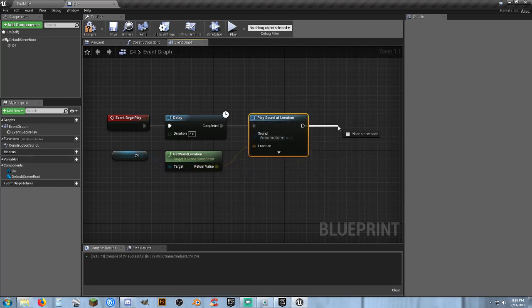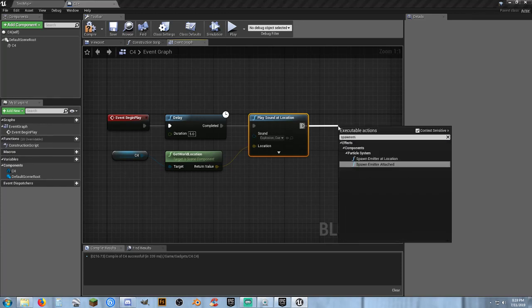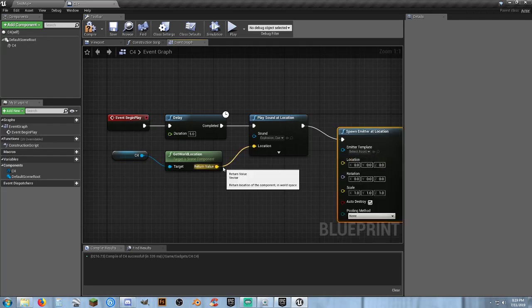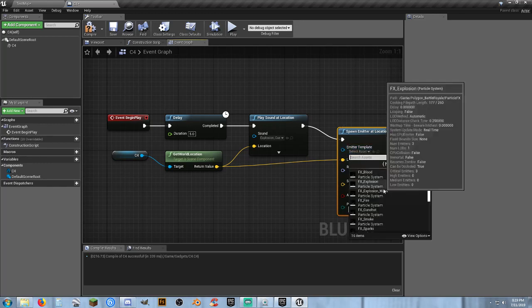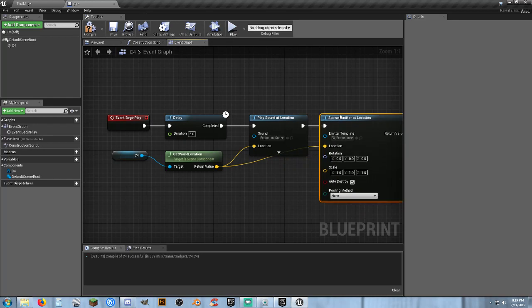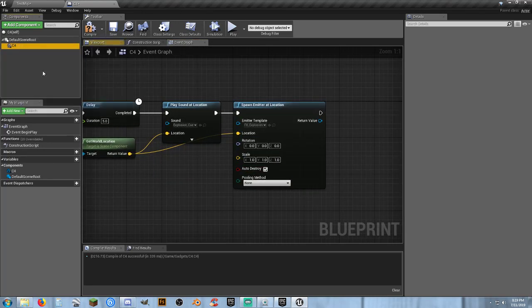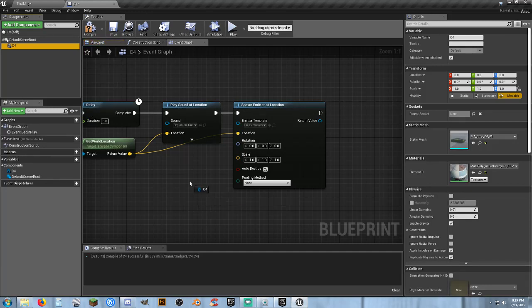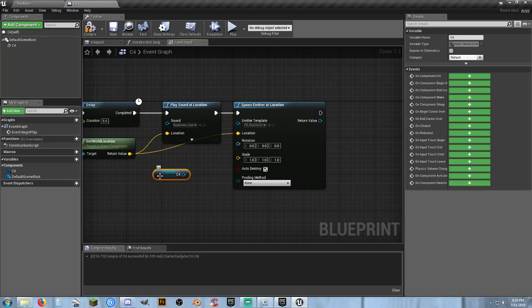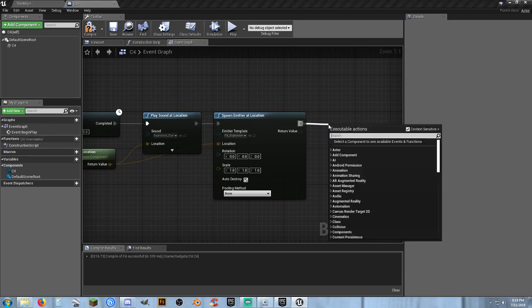Then we're going to spawn emitter at location. The emitter is going to be explosion. We're going to take the C4 itself. We don't even need to worry about that because what we're going to do is immediately after we spawn the explosion, we're going to go ahead and